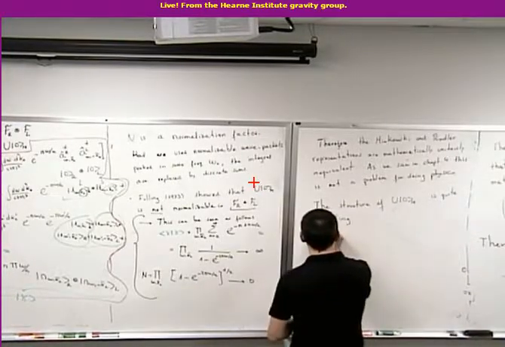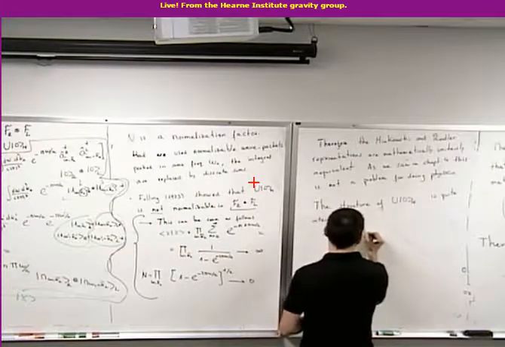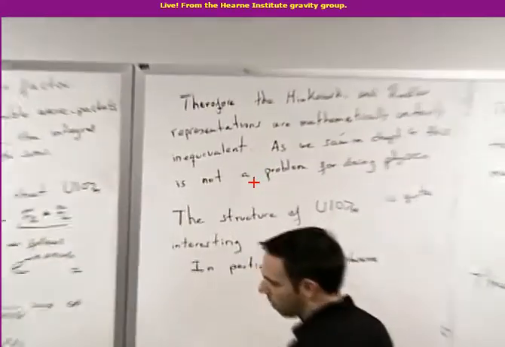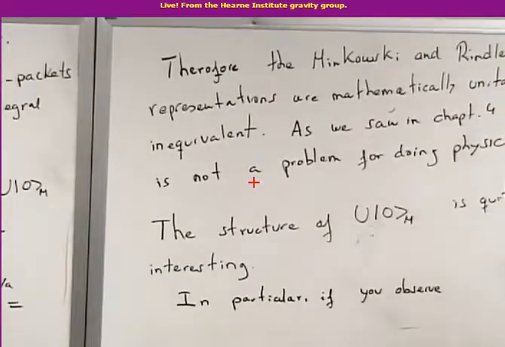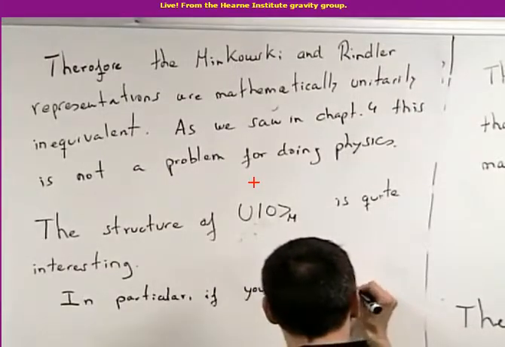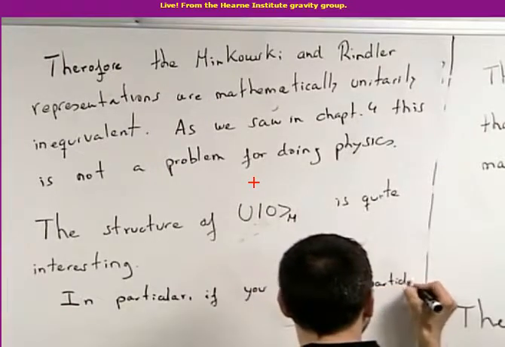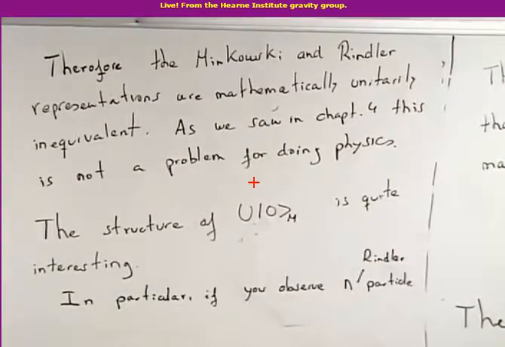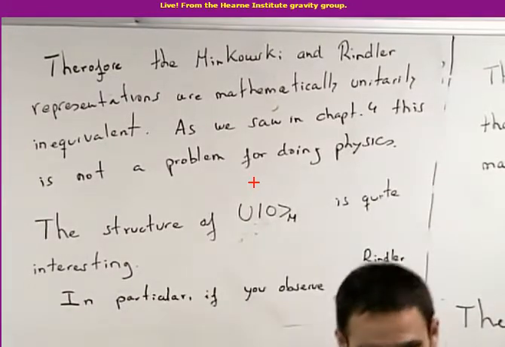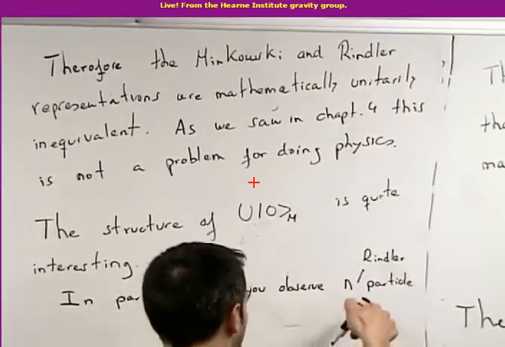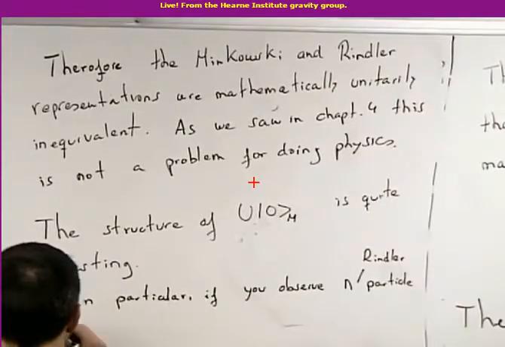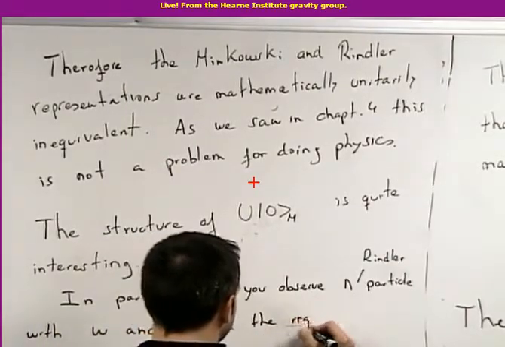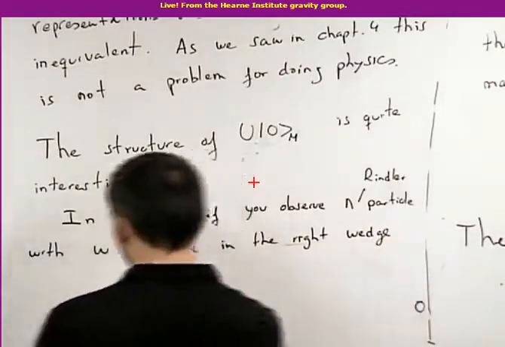So in particular, if you observe, so now you are an observer, the state is in the Minkowski vacuum, you go and measure, and you see n Rindler particles. Because remember that these are Rindler quanta, quanta with positive frequency with respect to the Rindler time. So if you measure n Rindler particles with frequency omega and transverse momentum k in the right wedge, you are sure